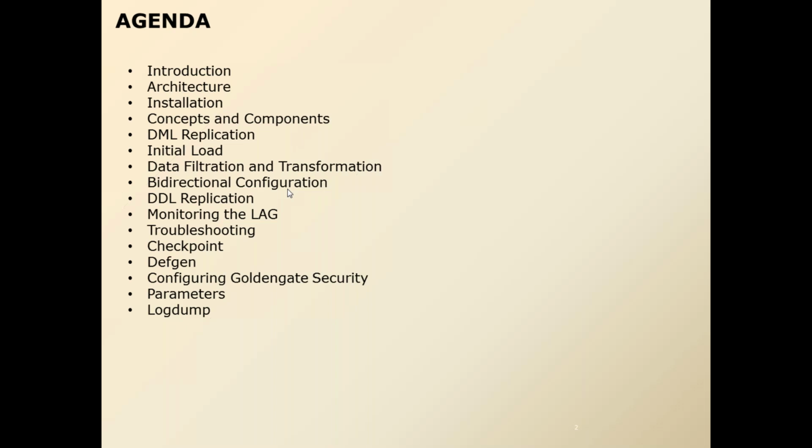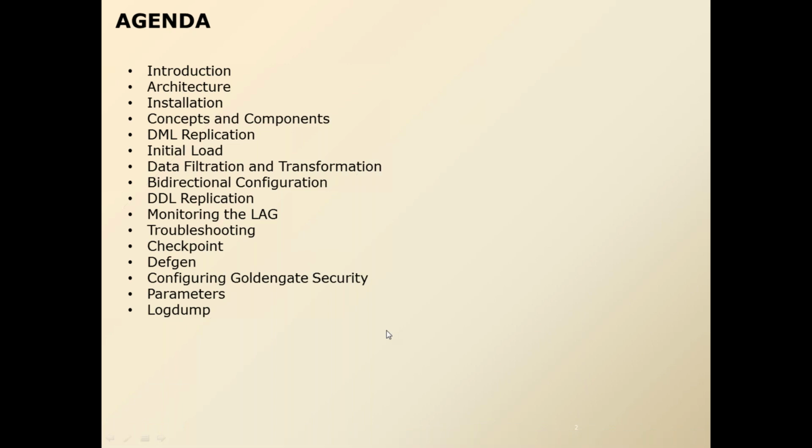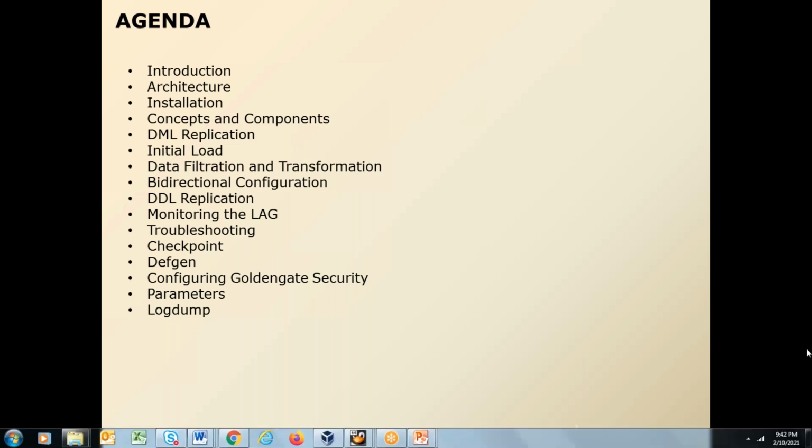During the training, I will be covering in detail Oracle Golden Gate performance. One of the features is how to monitor the lag in an Oracle Golden Gate environment. We'll be discussing that. Related to performance, I'll be discussing the latest features of Oracle Golden Gate which have been introduced from 12.2 or 12.3 onwards, like performance metric server, heartbeat table, and bidirectional auto CDR, and a lot of other stuff which is part of this training, which I'll be discussing with you.